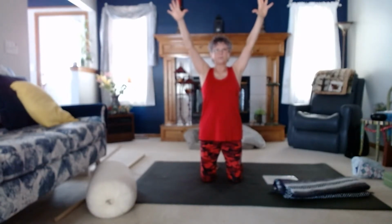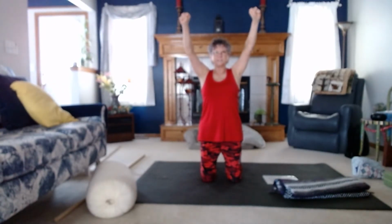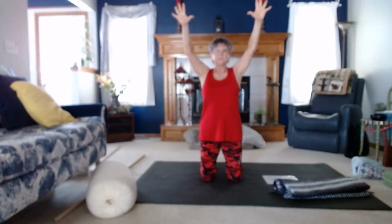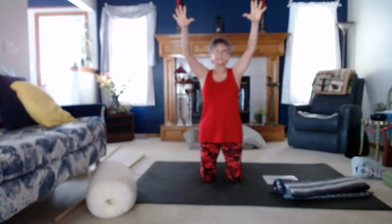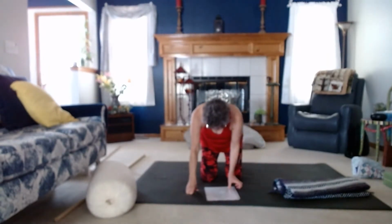Really spread those fingers, spread those toes, and then clench into a fist. Tighten your glutes, lift your lower abs, tight, tight, tight, spread, fist, tighten your abs, your glutes, your legs, relax, spread the fingers. One more time. Fist, tight, tight, tight, and relax. Little finger hand exercise. Then the next one is going to be